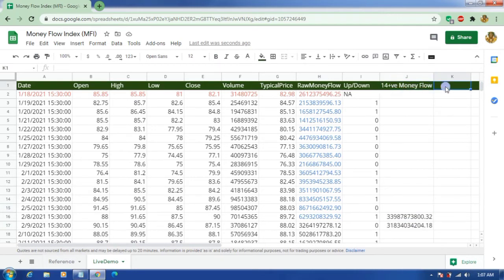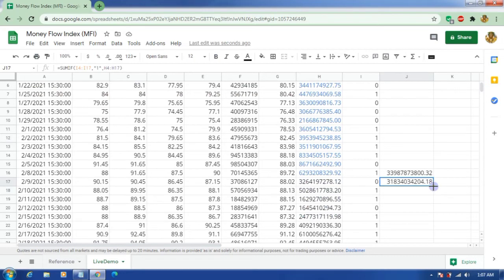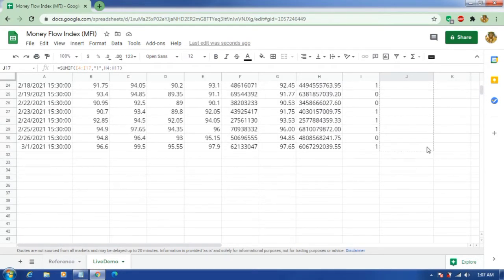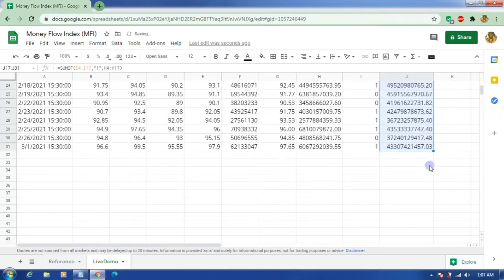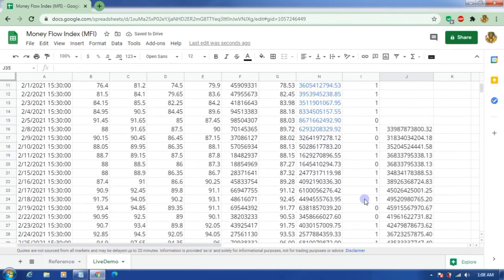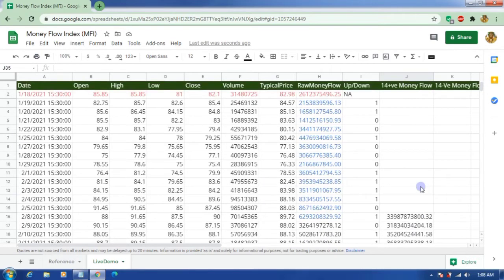So here we are calculating only the positive money flows. In the second column, I will calculate the negative money flow. I will show you how I will calculate it, but let me fill this data first. I'll just drag this down. This will come automatically. Now I will calculate the negative money flow.